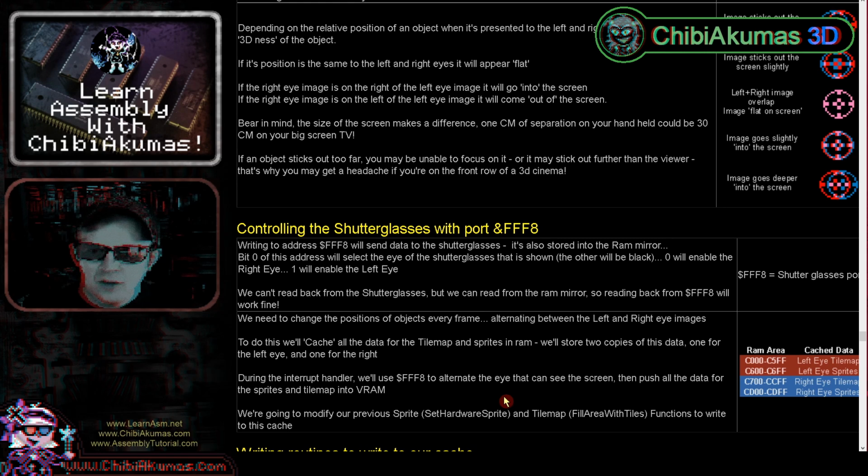They're mapped to a hardware port FFF8, and this has just a single bit effectively controlling it. The low bit of that address, if you pass it a 0, the right eye will be able to see, the other eye will be blacked out, and if you pass it a 1, the left eye will be able to see and the right eye will be blacked out. Now this address is actually overlapped by the memory mirror, so there is a clone of the memory there, and so when we write to that, it will write to the equivalent address in memory. If we read from it, we will be able to read the last data we sent to the shutter glasses from that memory address,